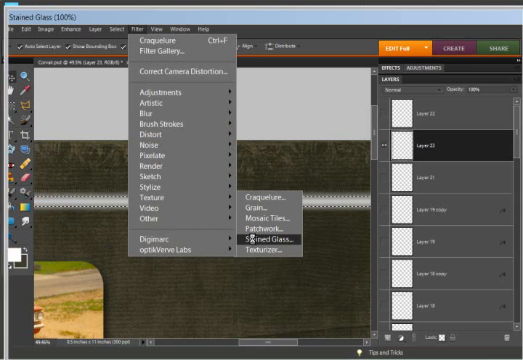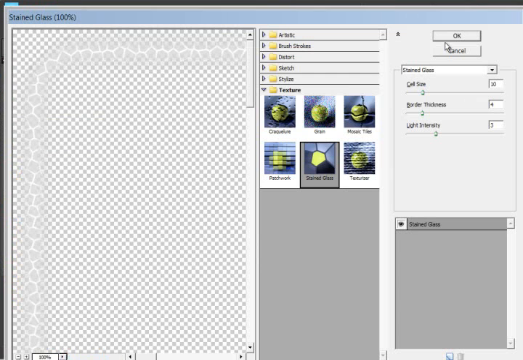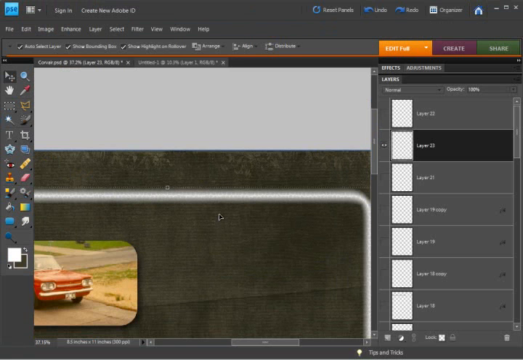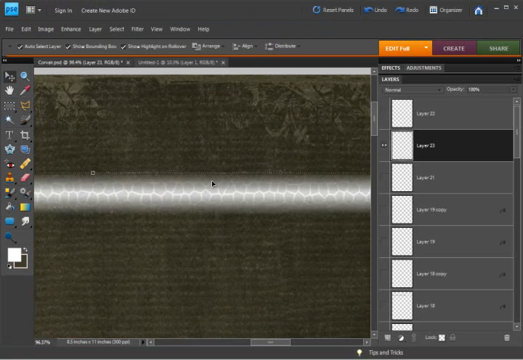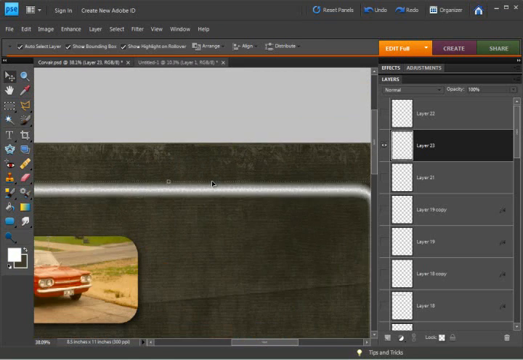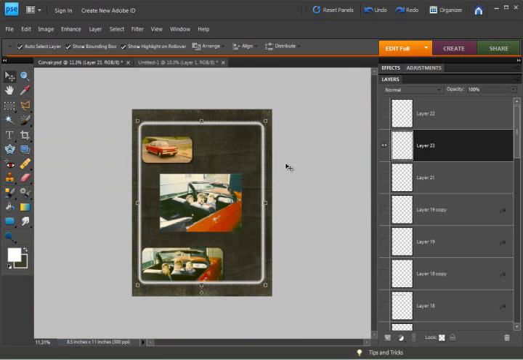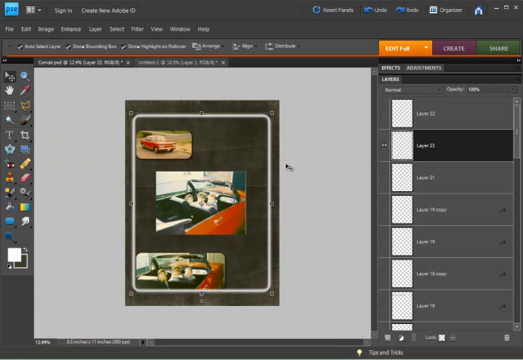You know, just as always, you go in and play. There, see with the white? That looks kind of cool. This one always reminds me of snake skin. But when I put it on here, it almost works as if it's chipped paint. Actually, it didn't work that way this time, but I think it did with a smaller width. And so you can think outside the box and think about what you can do with this, because you can make any shape easily into a border using this